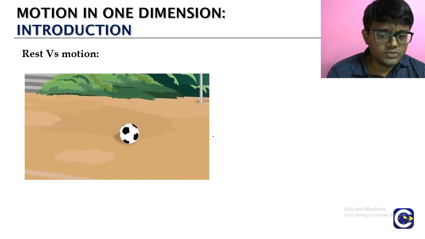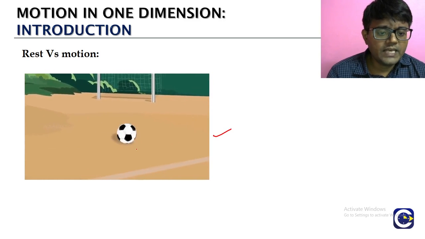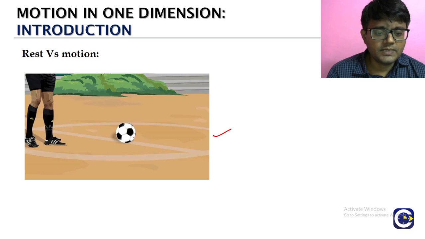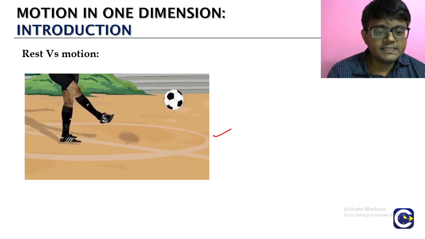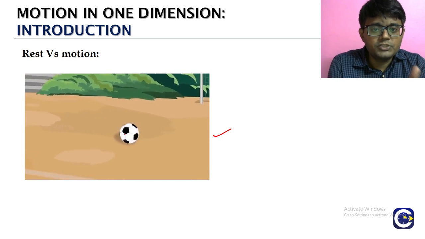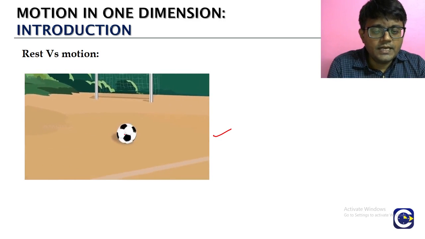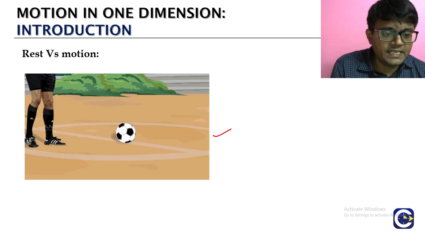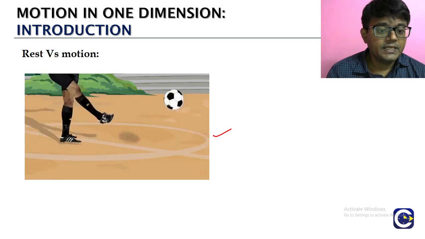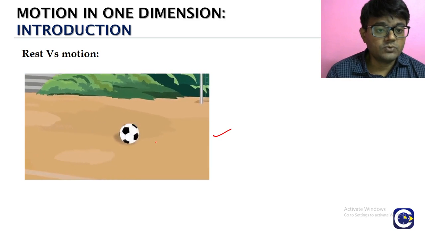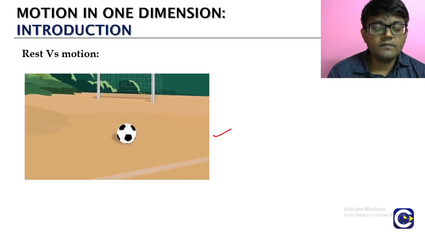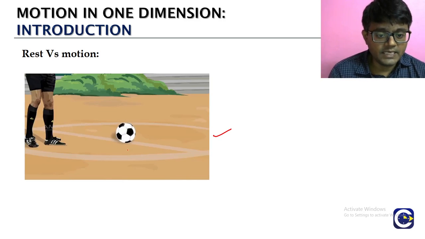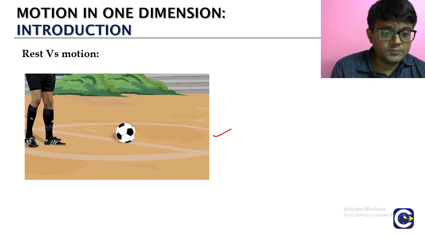Like you can see in the visualization, what we have observed is that the particular ball, before the player has kicked it, is in a position, and its position is not changing with respect to time. After he has kicked the ball, what is happening? It is changing its position with respect to time. So whenever we look at any object, like in this case this particular ball,